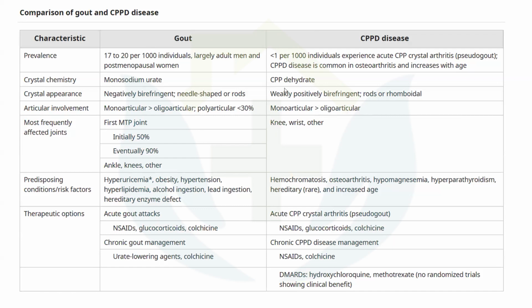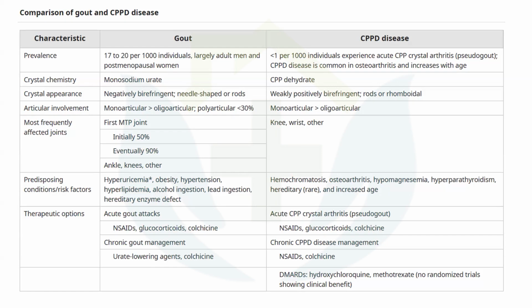Okay, so basically in CPPD, calcium pyrophosphate dihydrate deposition is happening. This is positively birefringent, and rhomboid-shaped. This is very important. This question came many times in the MRCP: which joints are involved in calcium pyrophosphate cases? Basically the larger joints are involved, while in gout classically the first MTP joint, the metatarsophalangeal joint, is involved. Other joints are also involved eventually, and the risk factors are totally different for both of